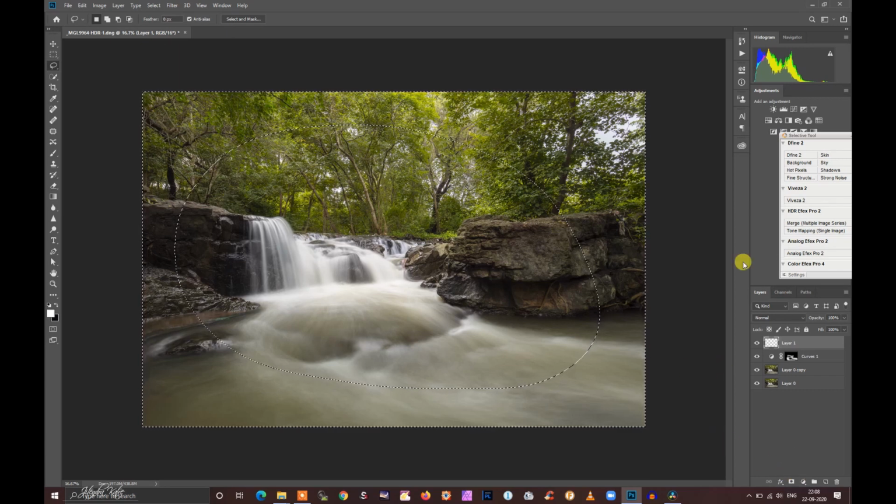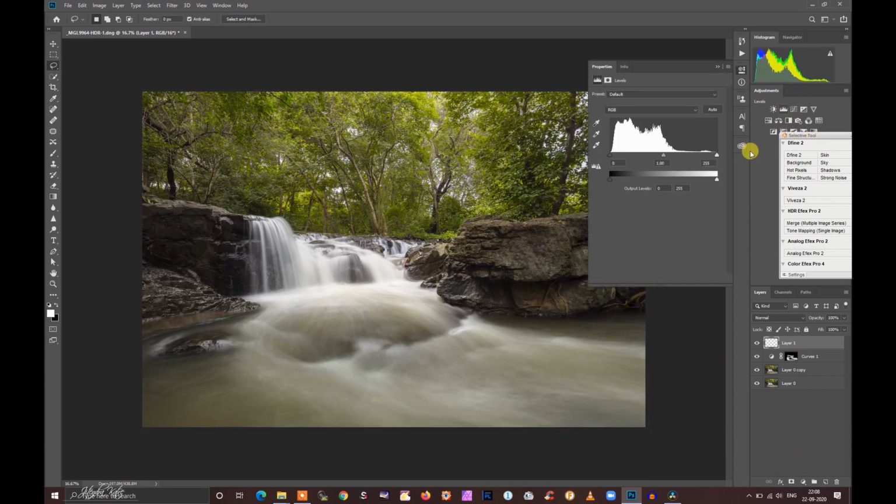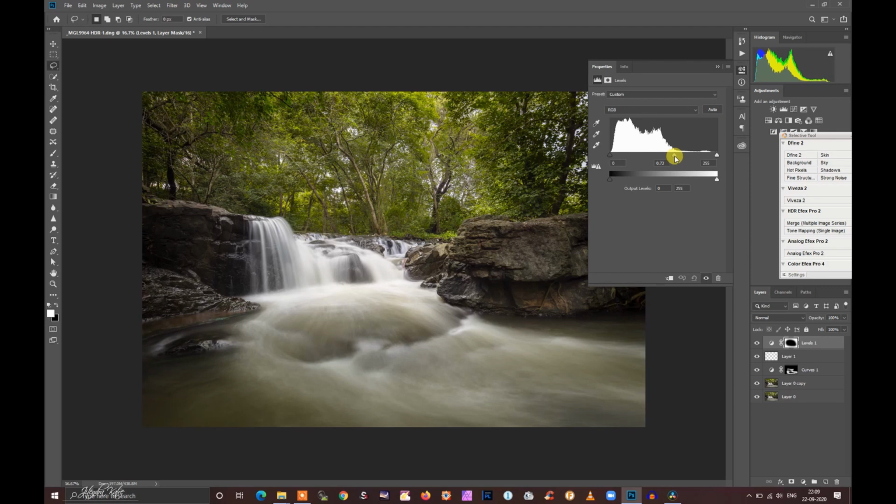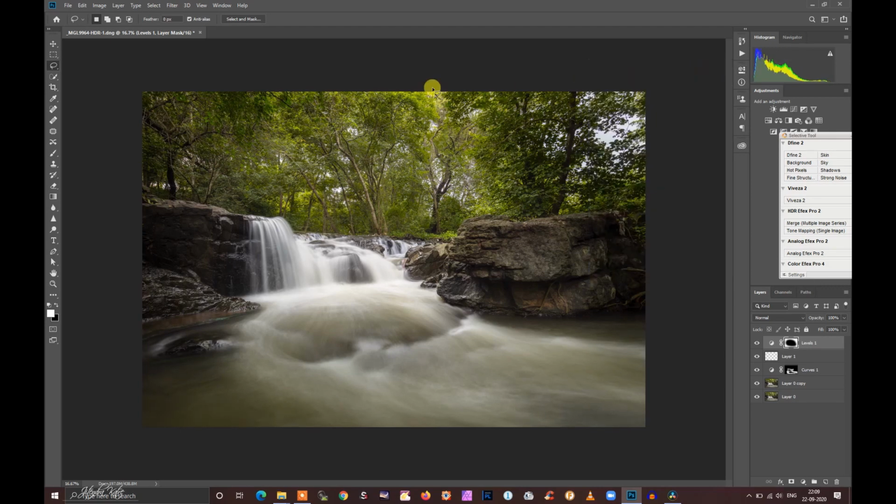Now the selection is inverted. I will launch the levels adjustment layer and darken the edges. So now the leaves are darkened and we have added vignette also.